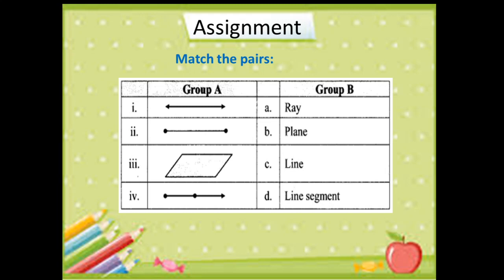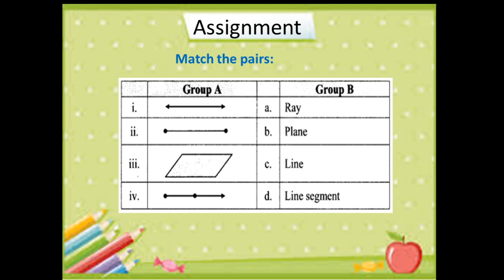After completing that, you have to move to a line. Again, you will draw a diagram. Then you will write the properties as given in the video one by one. Third, again a line segment, its diagram and its properties. Fourth, a ray, again a diagram and its properties, one by one. Once you complete writing all the notes, what is a point, what is a line, what is a line segment and its properties, then you will start with the assignment given in this video. You have to write the question and the answer below.